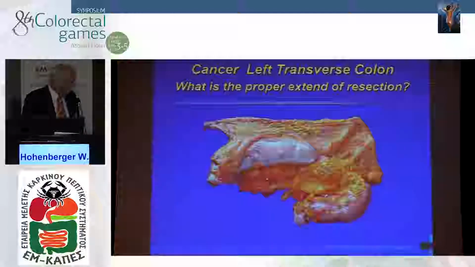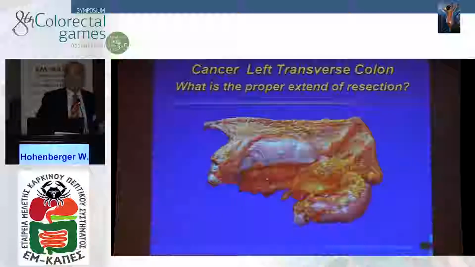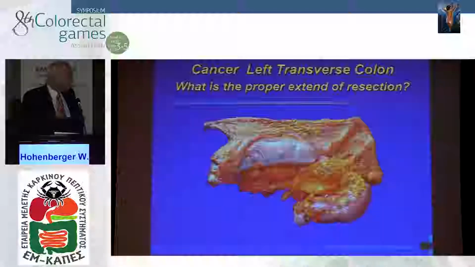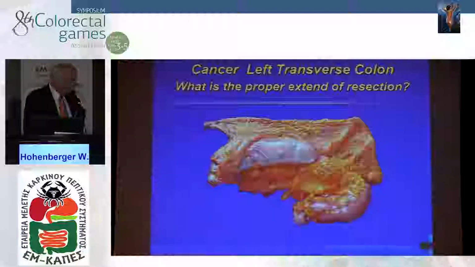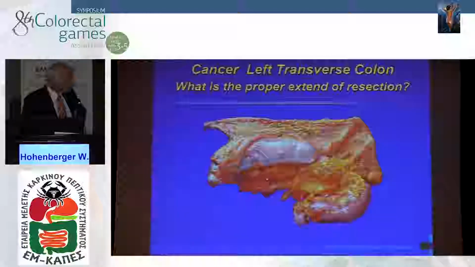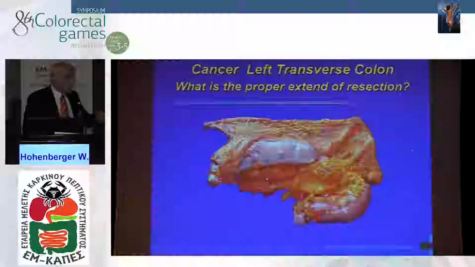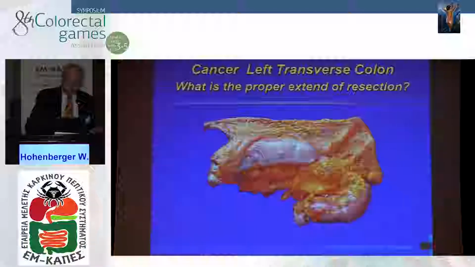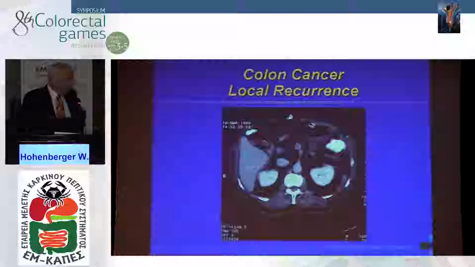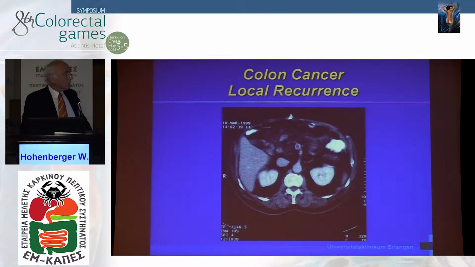This is a photo that Phil Quirke has sent me recently when I asked him to send me different kinds of qualities of CMEs, and it demonstrates cancer of the left transverse colon, stenosing, and this is probably here the middle colic artery, and maybe here elsewhere the left colic artery, and you see that the gastrocolic arcade is removed, as Sigmar Stelzner showed a similar specimen from his institution. And finally, also the lymph nodes along the inferior aspect of the left pancreas have to be included for good reasons.